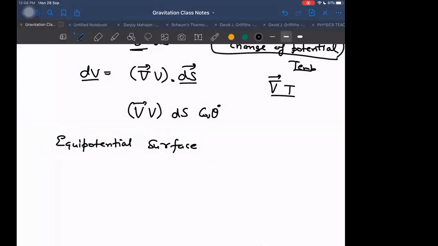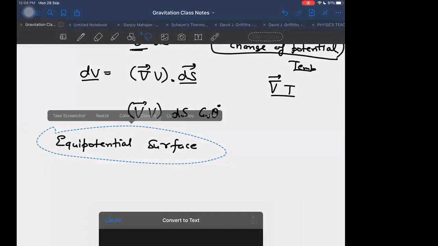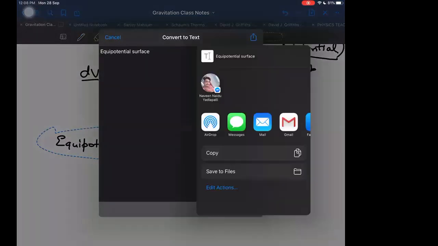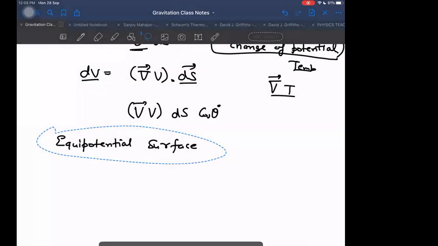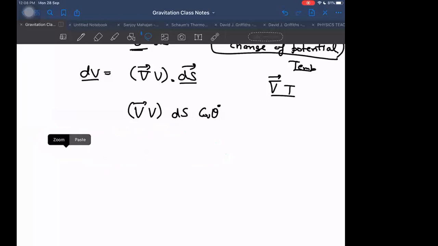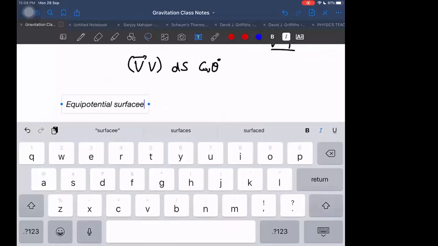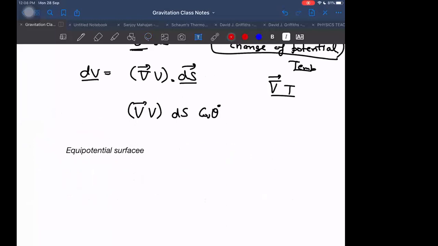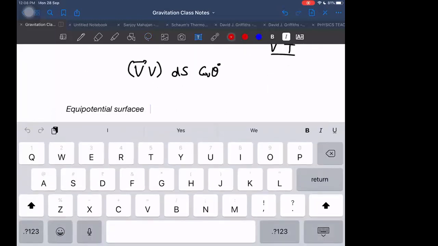Sphere? Not always a sphere. It depends on the field. It is not always true. We cannot say in general. There will be different possible cases. It depends how the field is. Yes, but I think you are taking the case of a point mass. Then you are correct. For a point mass, it will be a spherical equipotential surface.